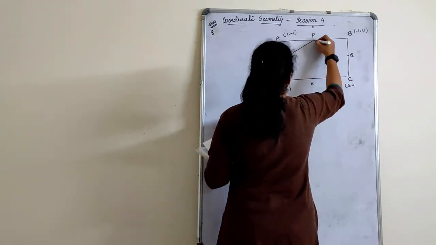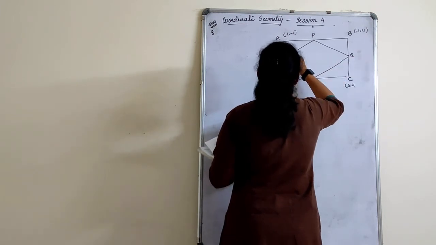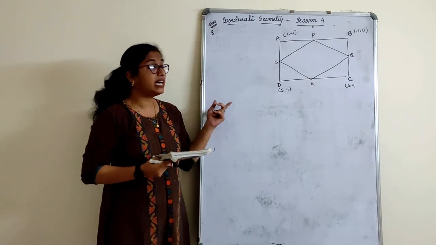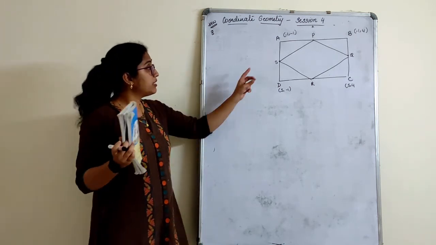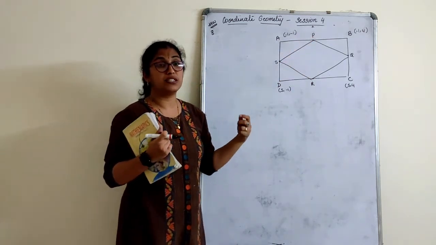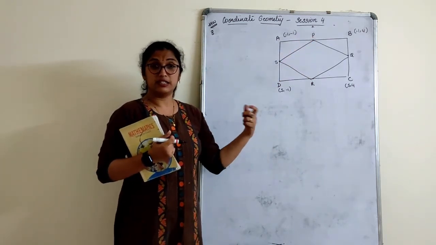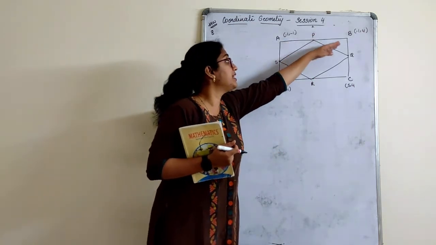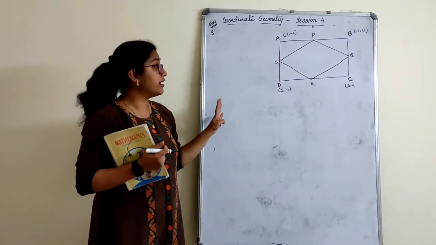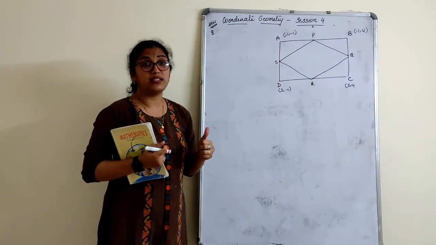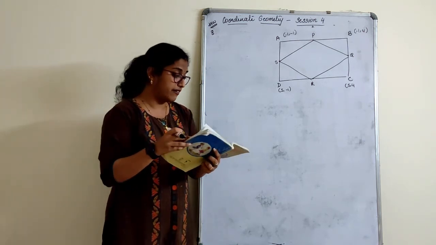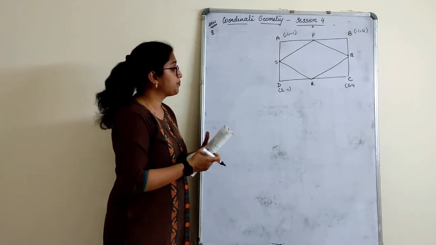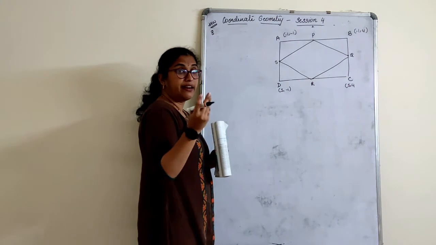Let's join these. So when we join, we form a quadrilateral here. If you remember, in your 9th standard you had a chapter with riders based on proving that the line segment joining the midpoints of the sides of a rectangle is a rhombus. Remember? Yes, we are not supposed to prove that here, but we need to first find the coordinates of PQRS and then check whether PQRS is a square or a rhombus. What have they asked? Is the quadrilateral PQRS a square, rectangle or rhombus? Let us find out. They have given a choice: square, rectangle or rhombus.